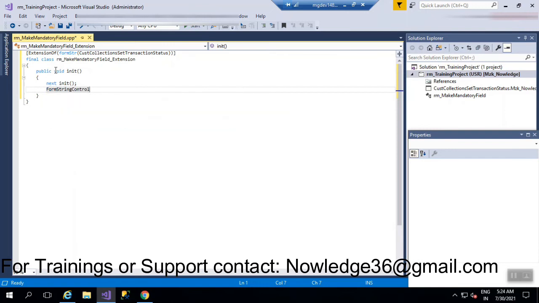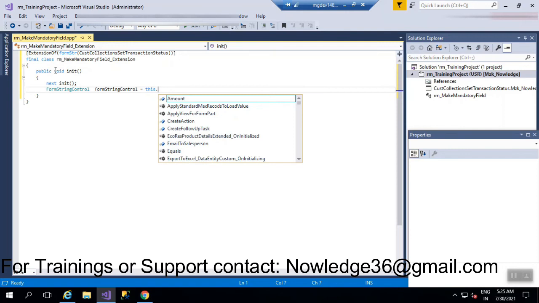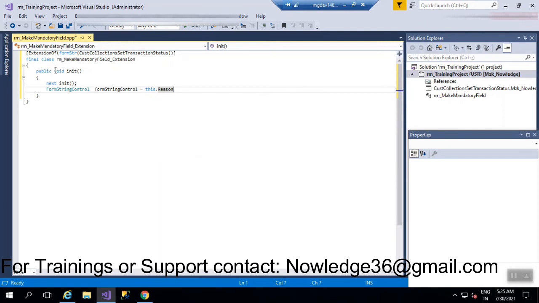Form string control. So you have to give a buffer. For the buffer also, you have to give a very understandable name so that it would be better. And this dot, what is the field name? Reason, right? So reason.